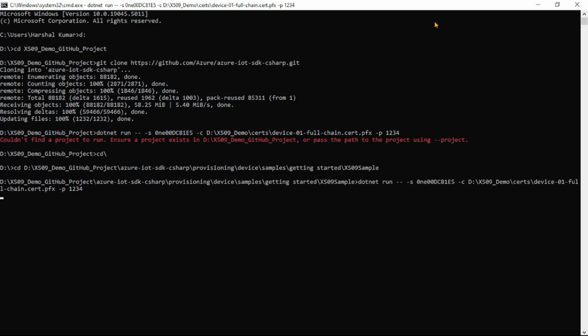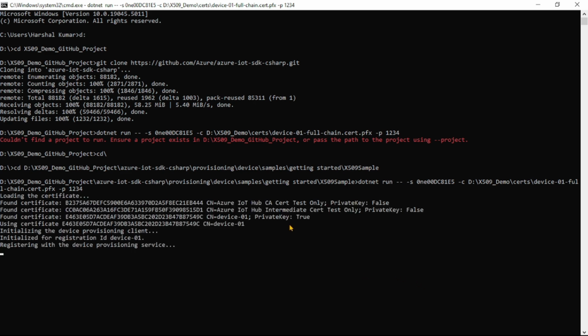So here you see our device is now trying to authenticate with that DPS, and again we have provided this complete chain of certificates through this PFX file, and this PFX file also contains the private key of that device.